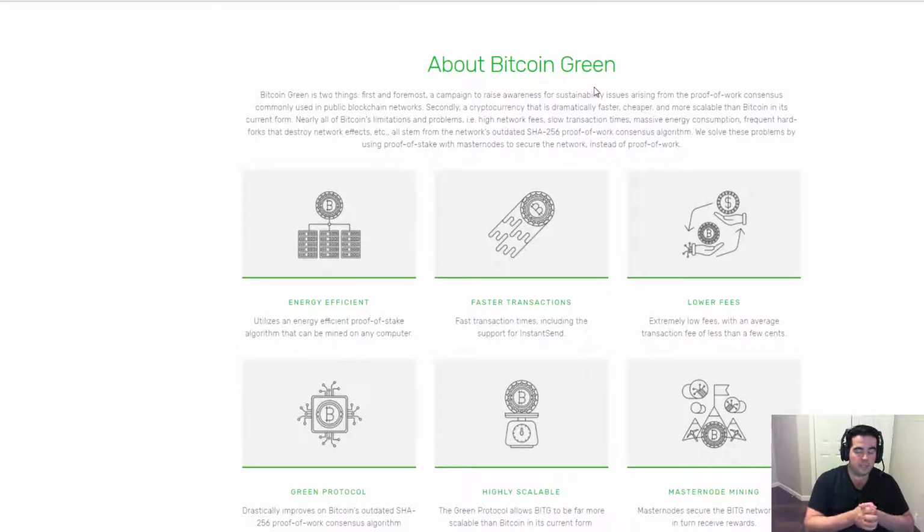Well, the biggest thing Bitcoin Green aims to do here, and what it's trying to solve in kind of a global market, is the fact that Bitcoin mining is absolutely horrible in terms of power consumption. And that's mining in general. Mining takes up so much power, and it's projected that mining is just gonna keep only getting bigger and bigger. Now, there's lots of initiatives where people are going to be basically finding solar panel power and renewable energy to offset those costs,